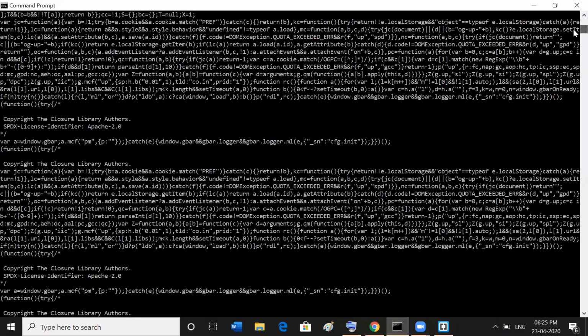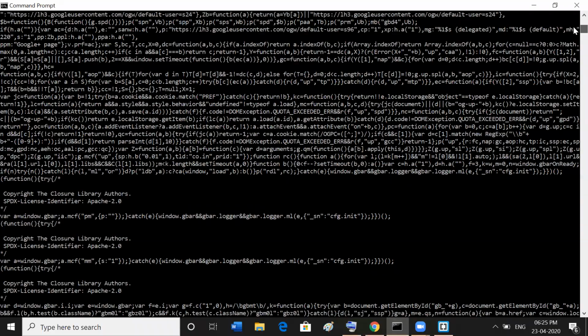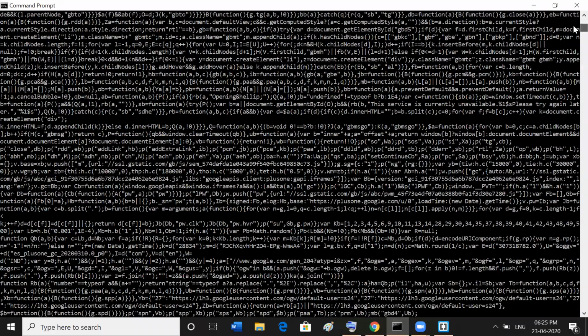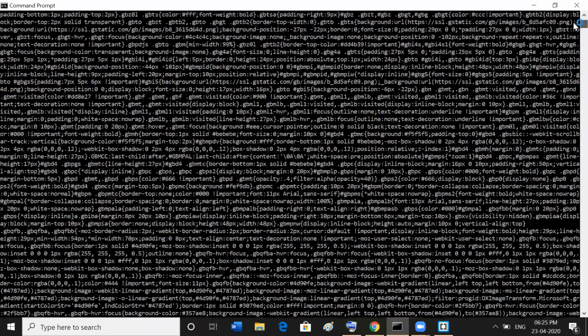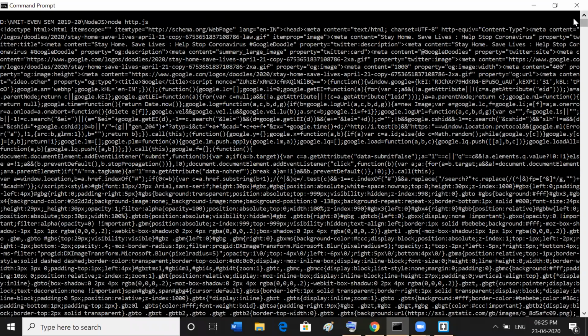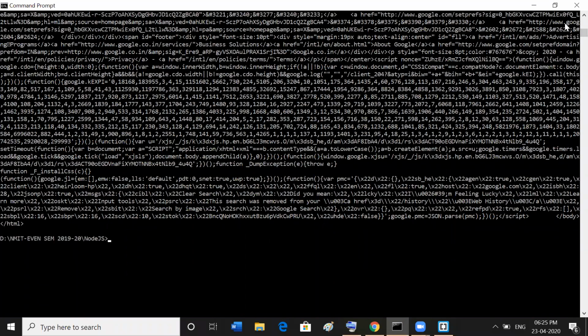This is the body of google.com, starting from doctype HTML. See here, doctype HTML. Completely it will show the google.com body. This is delivered in the console. It fetches the data from google.com and delivers it.